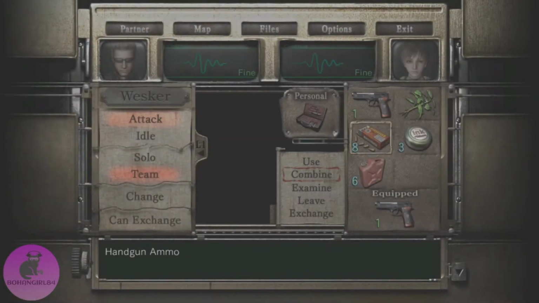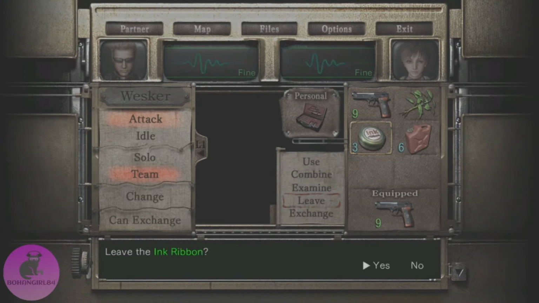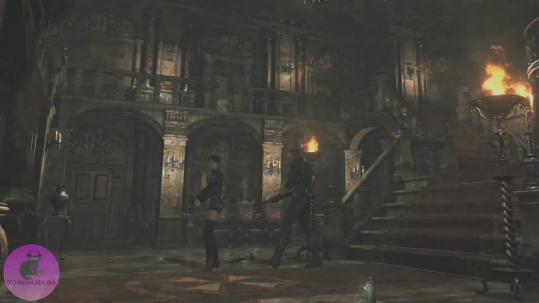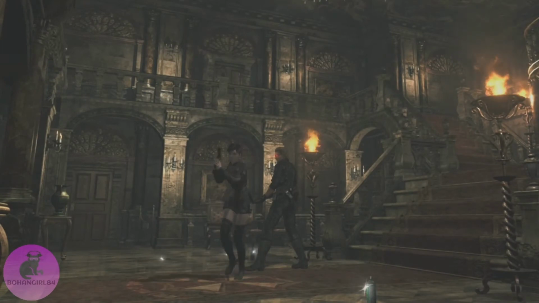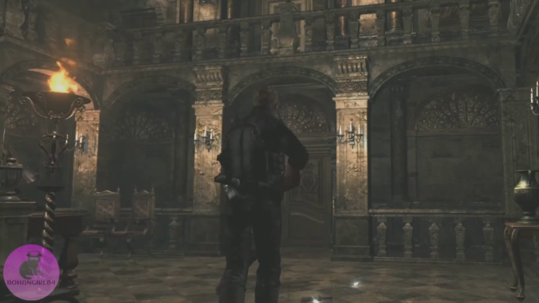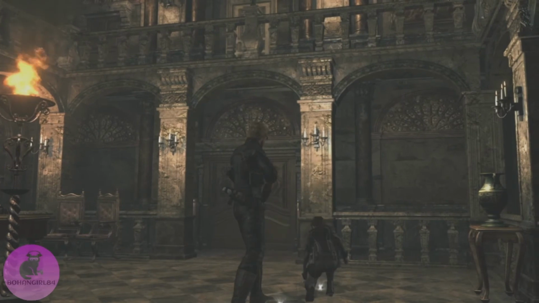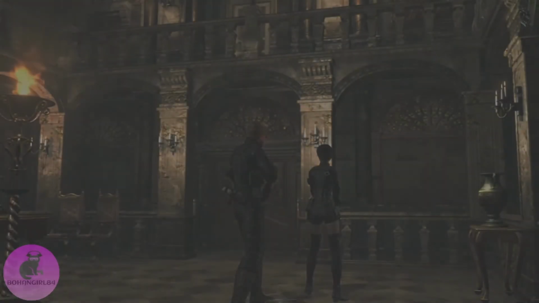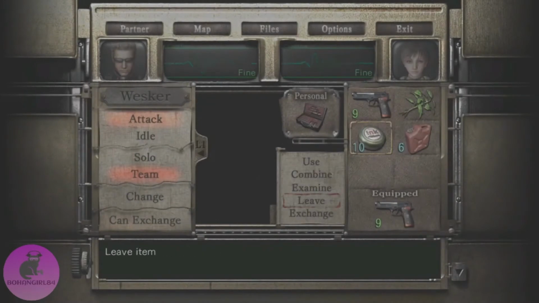Alright, so what's next on the agenda? Well... As it turns out... Wait a second. You know, if there's one thing I hate, it's not consolidating items. So we got a ton of ink ribbons right here, and I just want to have them all together. Because, like I said in the previous video...